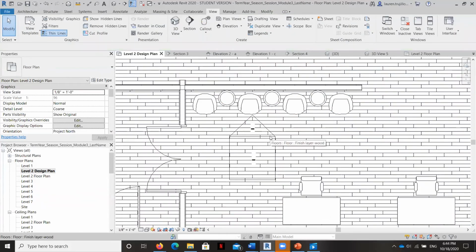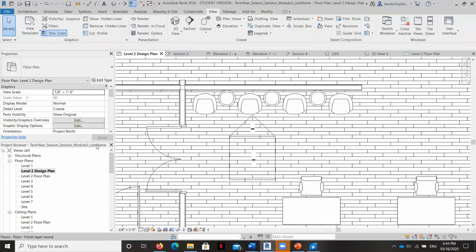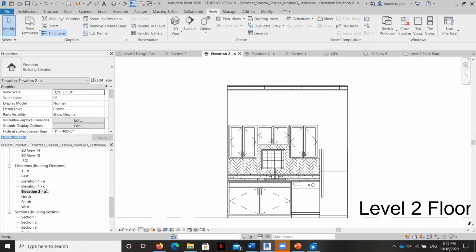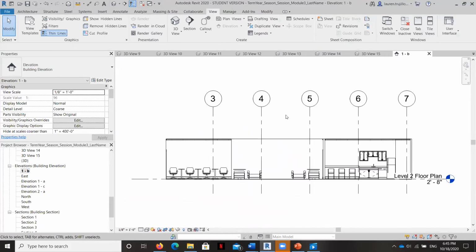Okay, and then let's make sure that this is selected. We've got that tag correct. Let's scroll down to the elevation view and see how it looks. Wrong one, wrong one. I think it's this one.